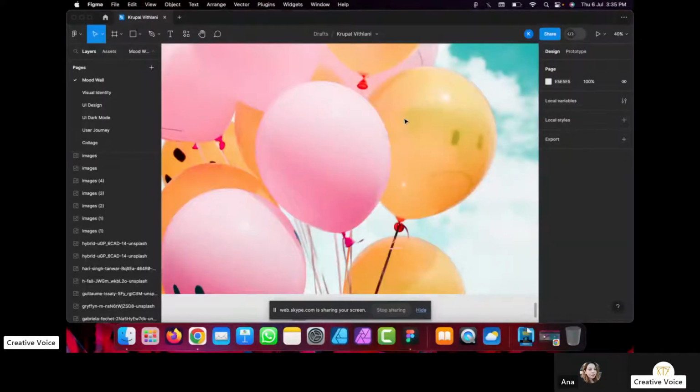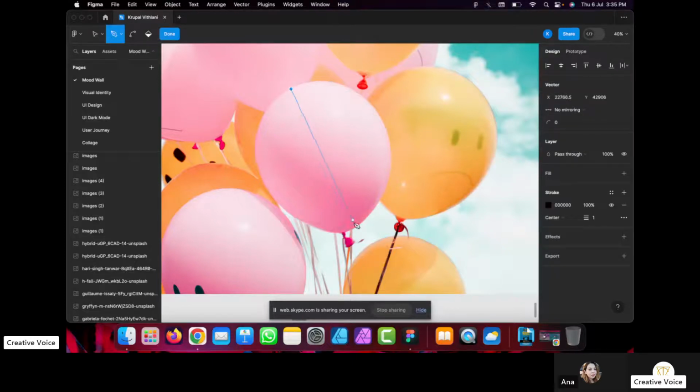So here we have the balloon. We are tracing the balloon. We're using the pen tool. What I'll do is I will go like this. You can also go horizontally or vertically, I just prefer it that way. So what I'm doing is I'm making a straight line from here to here. I go to the bend tool